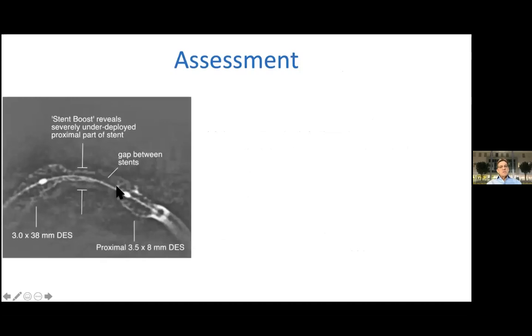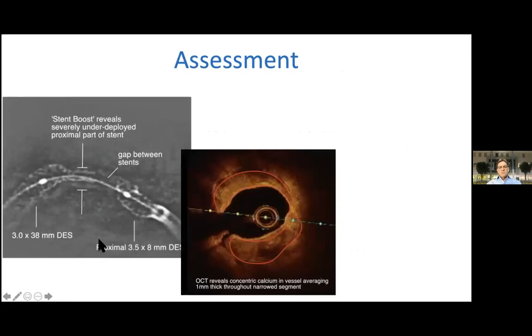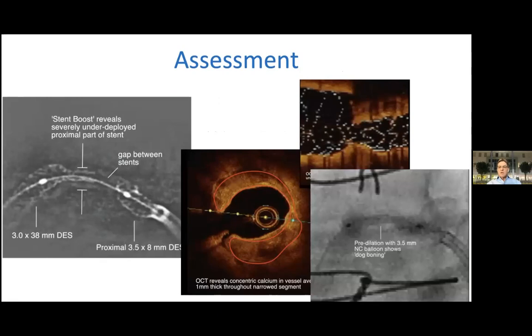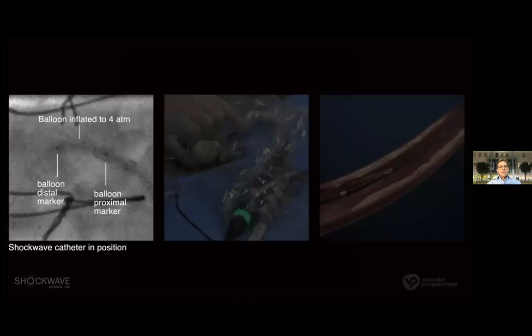This is the situation. This is the underexpanded stent. There was a gap. They had to stent a dissection after high pressure inflation and dissection here. So a really messy situation. They did an OCT and showed almost circumferential calcium. And in the pullback, you can see this underexpansion here at this part of the stent. This is dreadful. They tried to predilate again with a 3.5 NC balloon, but there was no movement there. So this is now